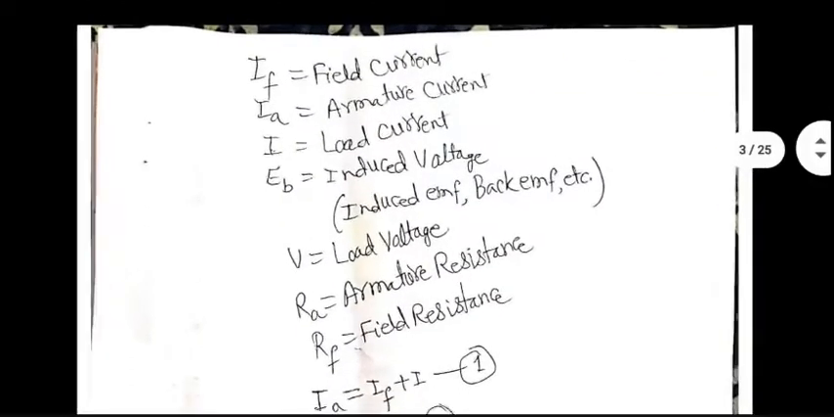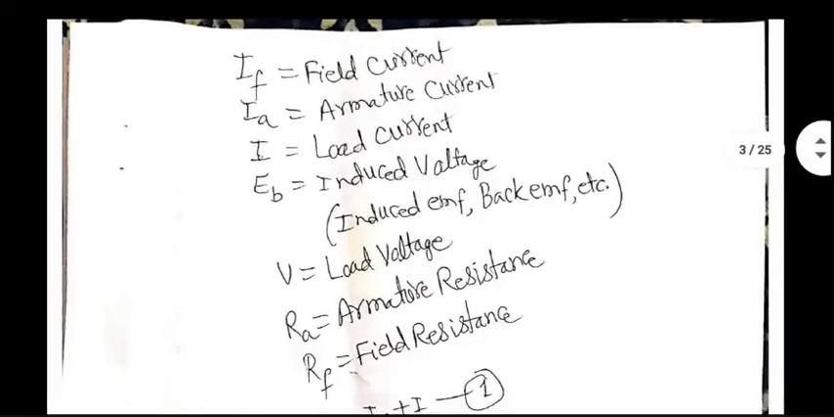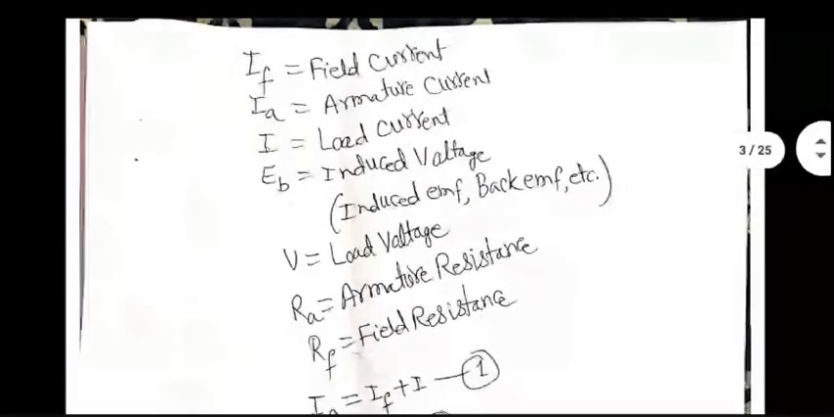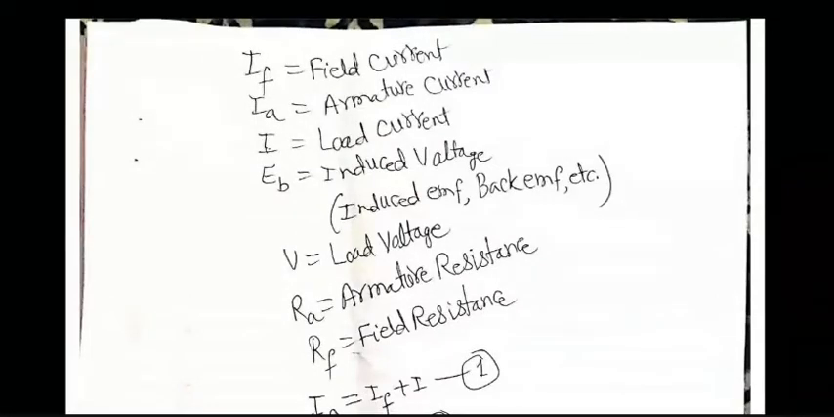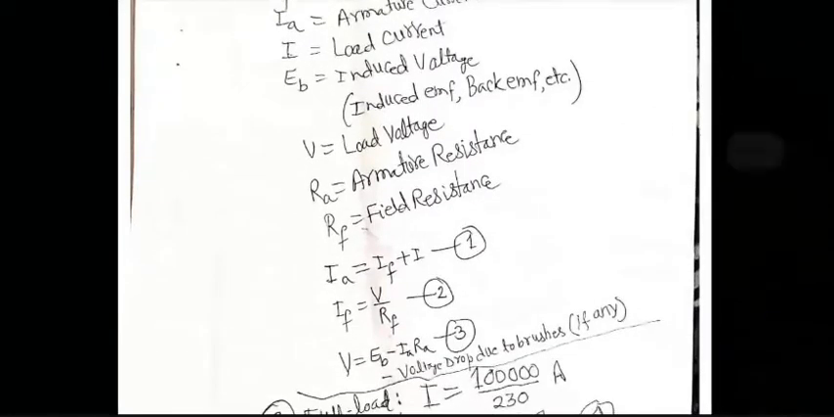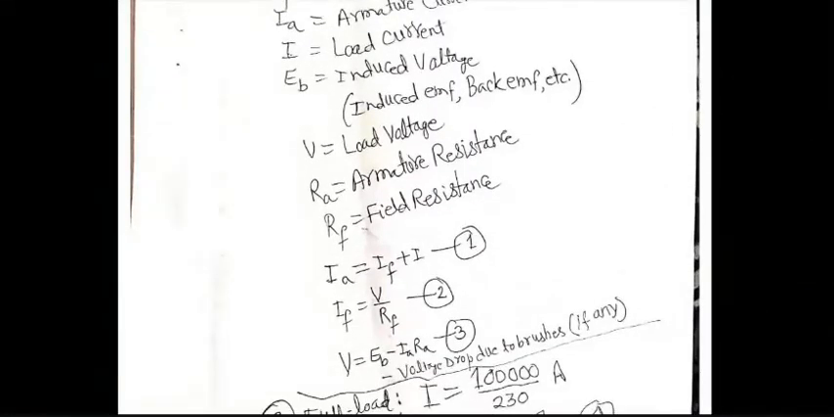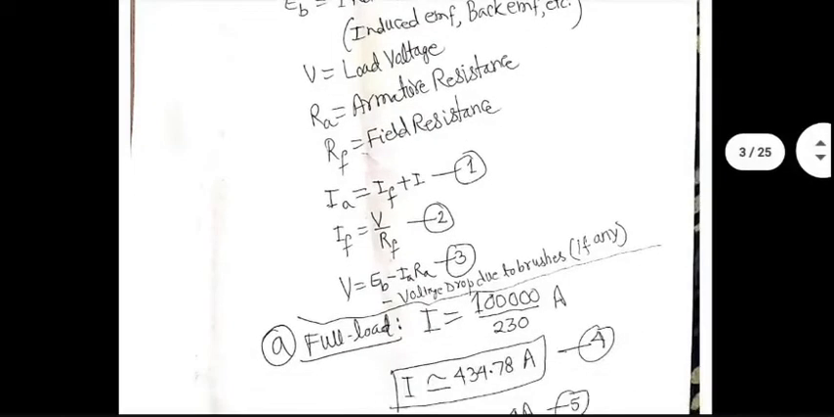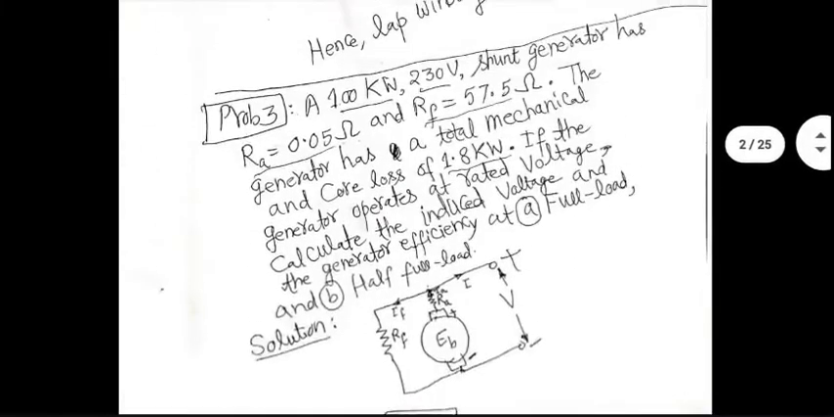Okay, these are various symbols. You know these already. Armature current is field current plus load current. We know that already. Field current is V divided by RF. We know this equation also. V is EB minus IA RA minus voltage drop due to the brushes, because brushes also have